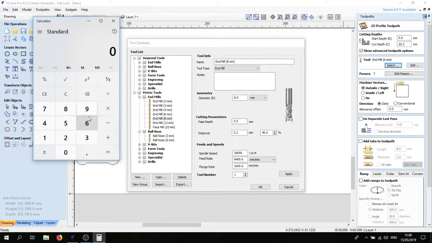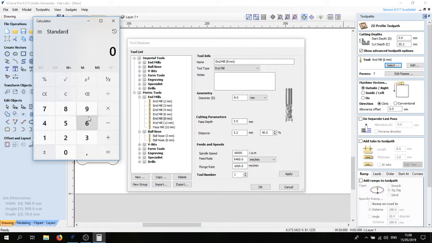So here we have our tool. Usually it has a number of flutes. This tool has 2 flutes. You can also double check that by looking at it from the top. You see it has 2 cutters here, a straight line, and on each side there's 1 cutter. It means it has 2 flutes. The tool also has a diameter. So we need the number of flutes, the diameter,